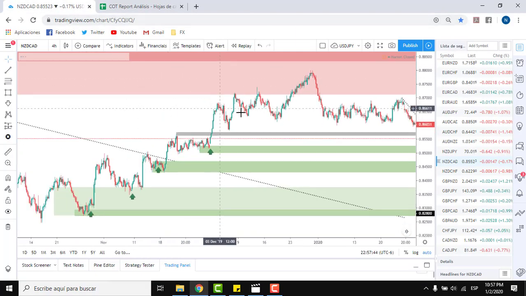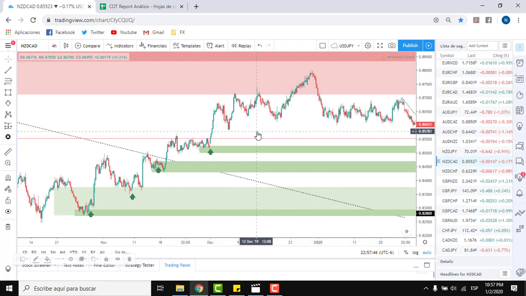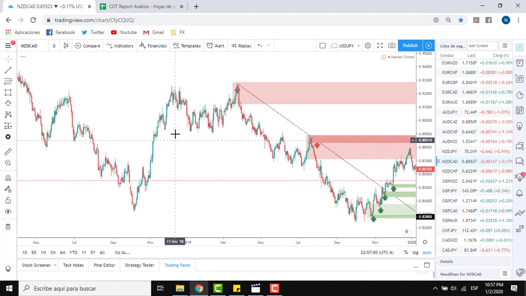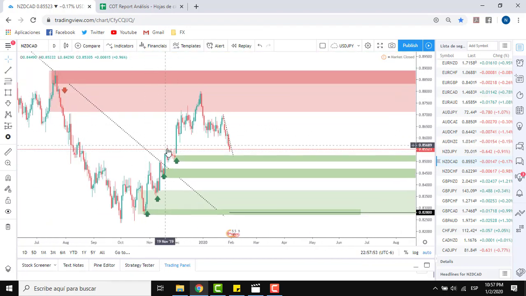Okay guys, let's check NZDCAD. Let me tell you what I see on this pair. Okay, first we have a demand zone here. Why is it a demand zone? Because price